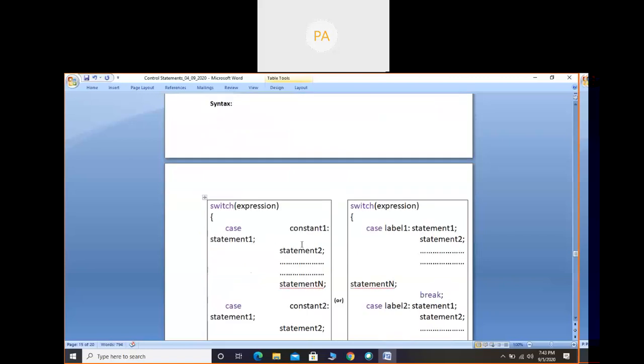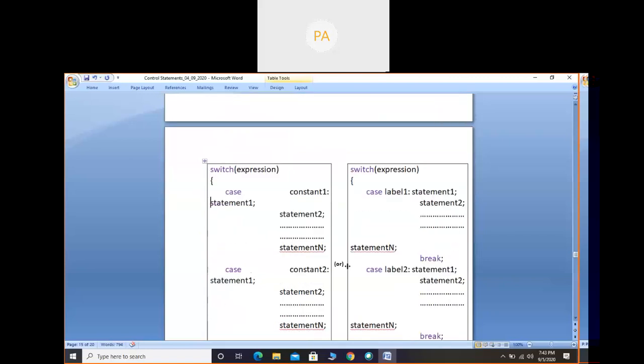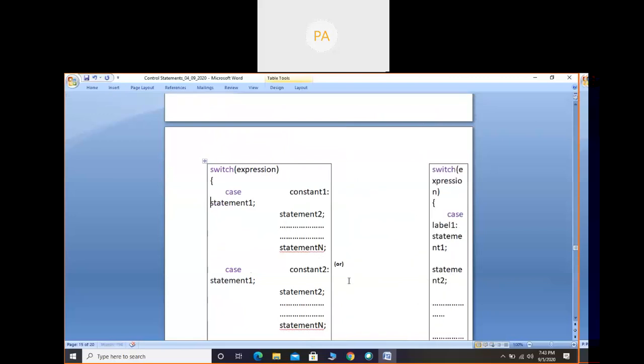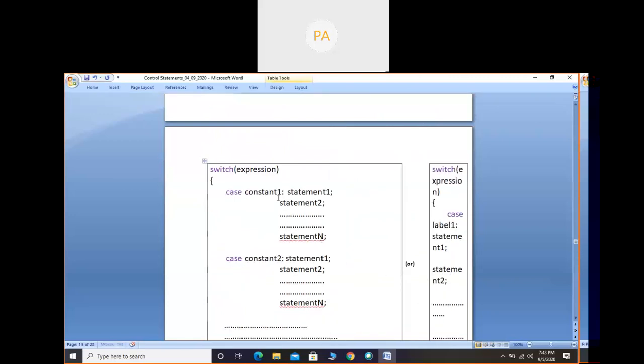So you can copy the first form itself. The second form, I will remove it. Just to remember, instead of constant one, constant two, you can write label one, label two. So just copy the first syntax.